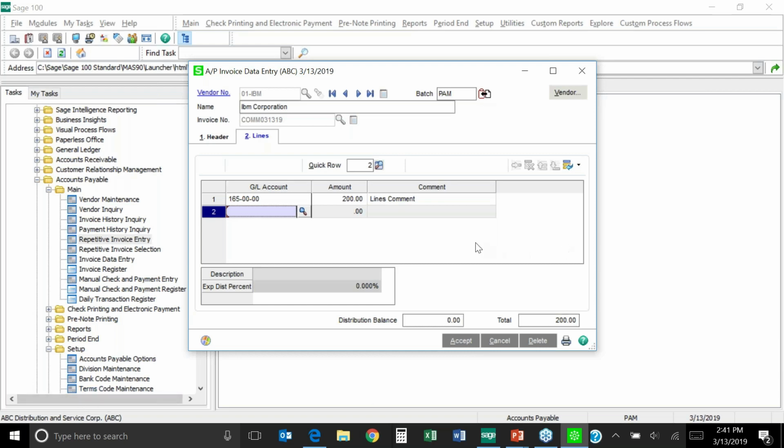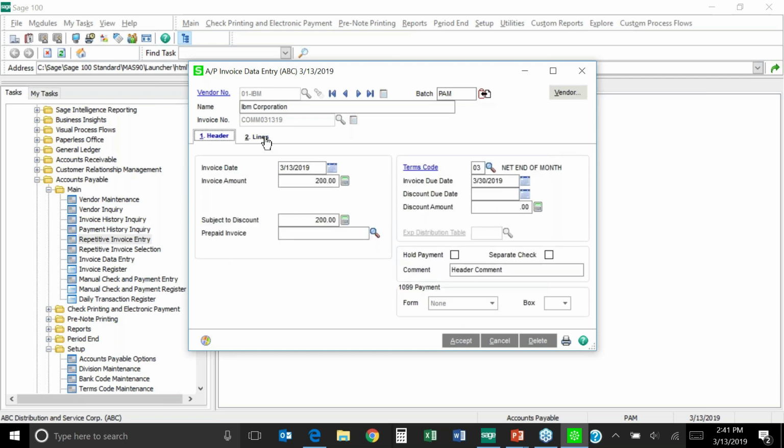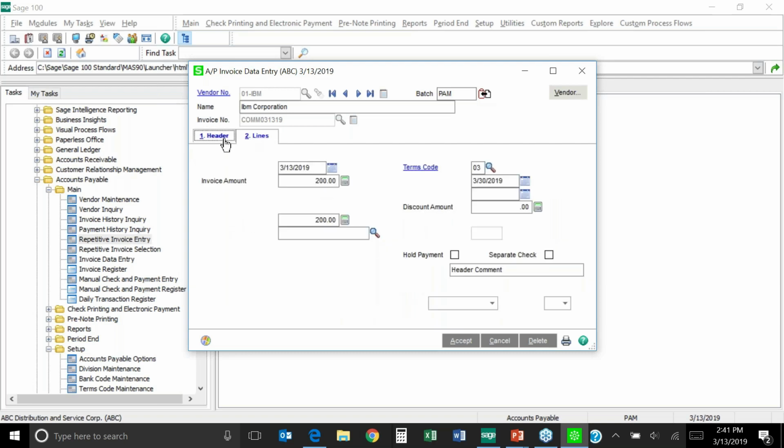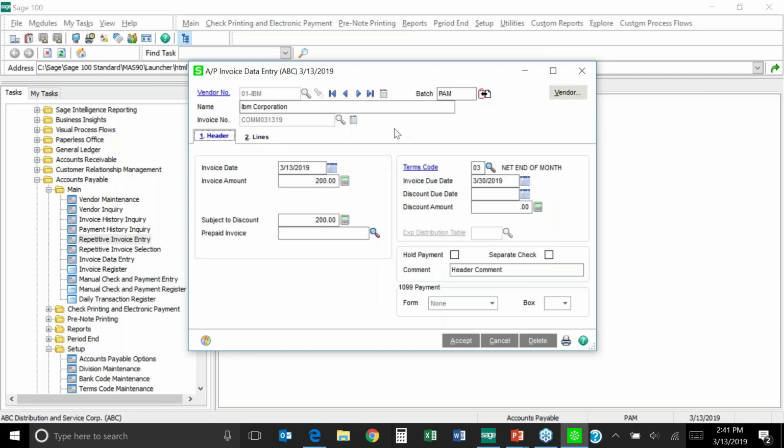Yes, thank you. So, like I said, I didn't make the selection correctly a moment ago, but it does bring over both of those comments. So basically, all it's doing is allowing you to key that invoice in once into the system, and then tell Sage when you want it to make a copy of it in the invoice data entry. And